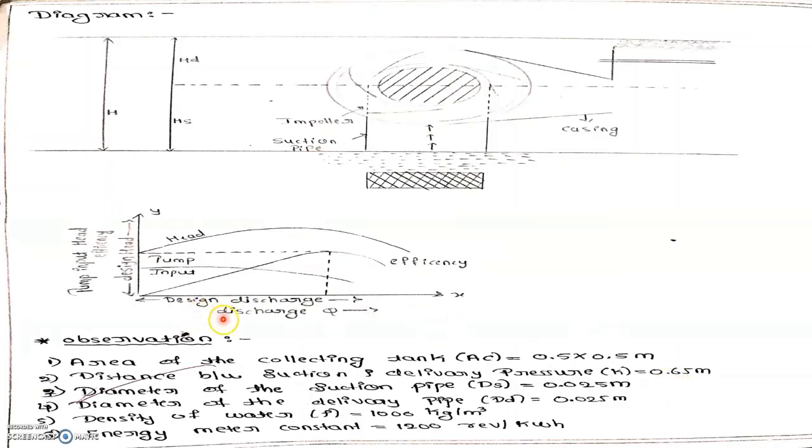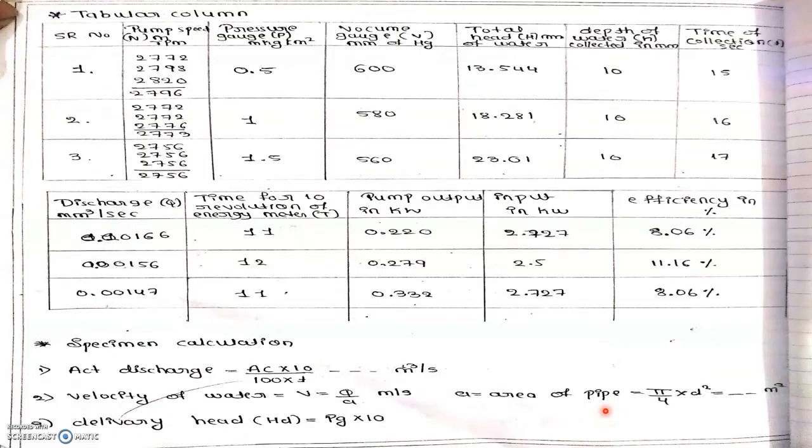This is a pump. You can see that if efficiency is high, it will be more in terms of head, and also in terms of output. This is in a particular graph. The correction tank area and the section pipe area have already been given and mentioned in the manual itself. Now you can see in the tabular column they have taken RPM thrice, because the first time you may not have taken the reading properly. Taking thrice and finding the average will be more accurate.